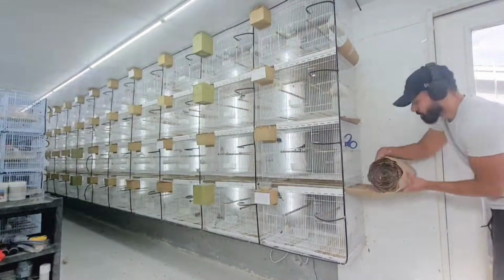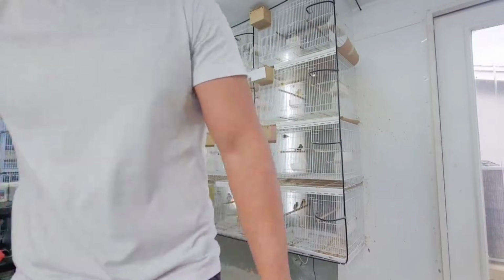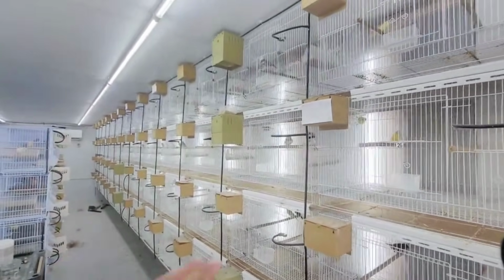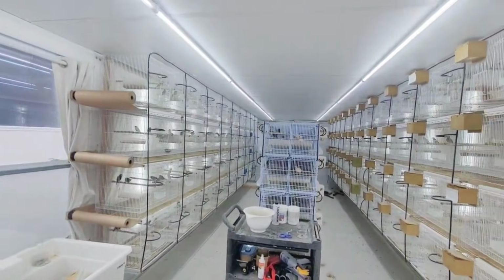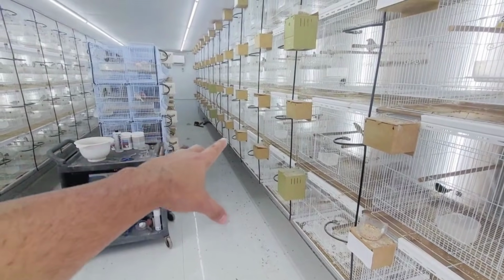With my bird room, I can't count how many times I've posted videos of the bird room and somebody sees it and they're like, oh, that's so clinical. It looks like a hospital. Oh my God, this and that. There's a reason why I have it like that. There's a reason why everything is so simple and clean, and I'm not adding little trees and fake stuff